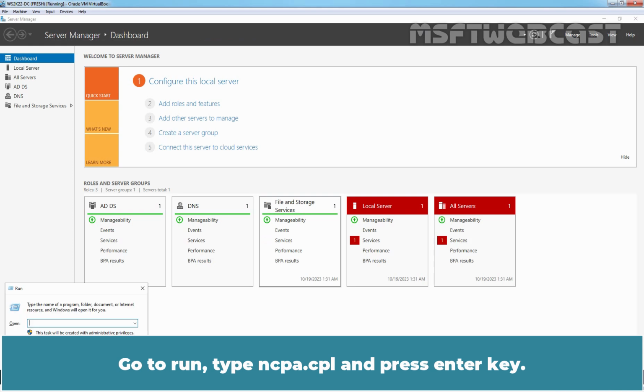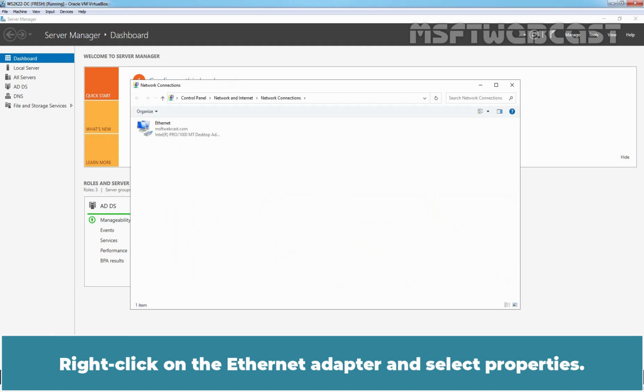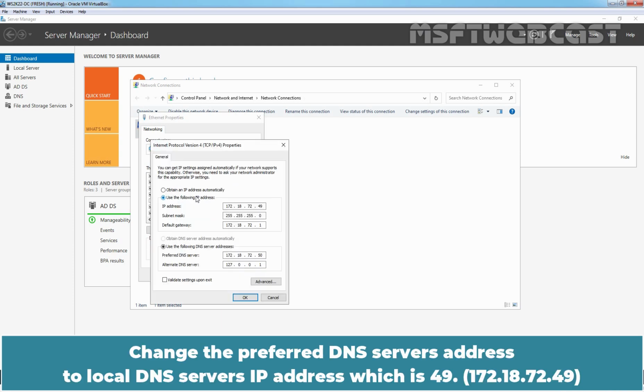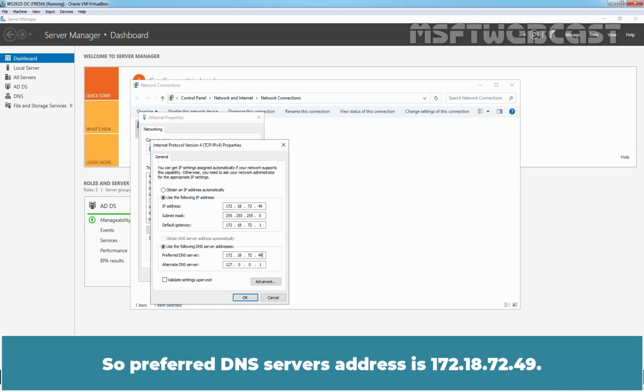Go to Run, type ncpa.cpl and press Enter. Right-click on the Ethernet adapter and select Properties. Double-click on IP version 4. Change the preferred DNS server's address to the local DNS server's IP address, which is 49. So the preferred DNS server's address is